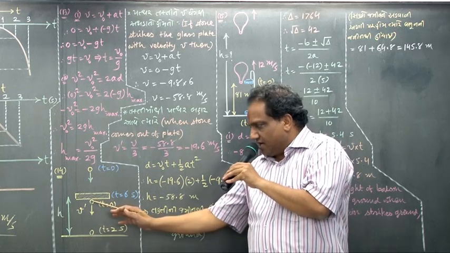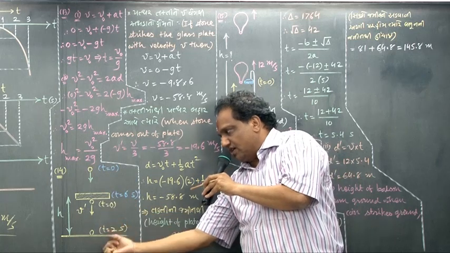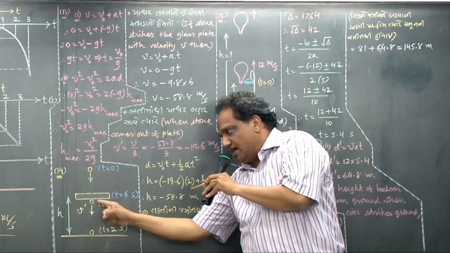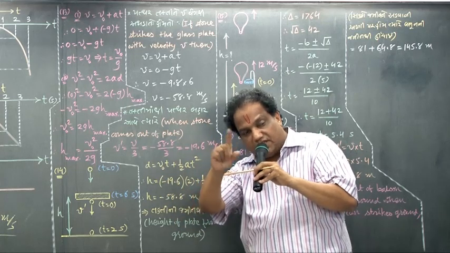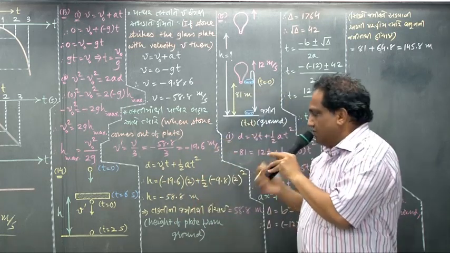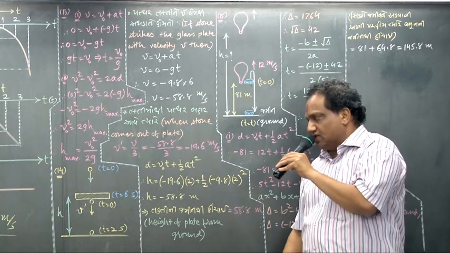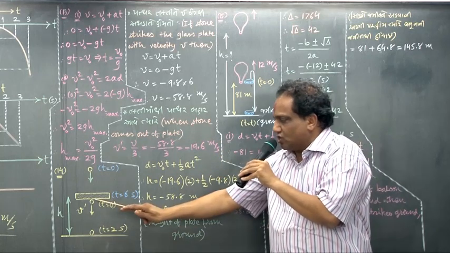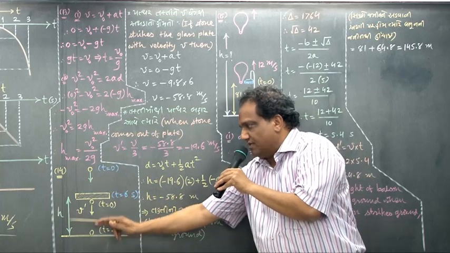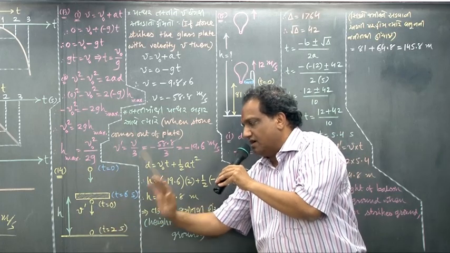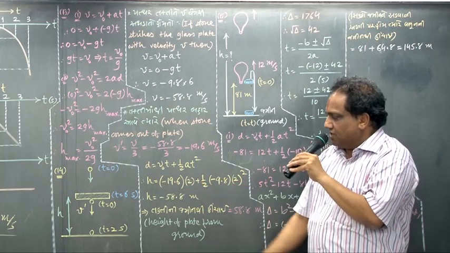Now when it comes out of the glass plate, what is the only force acting on it? Gravitational force. So again it is free fall, during which acceleration is minus g. Now tell me, d equals V0t plus 1 by 2 AT square. Now distance traveled by the stone from here to ground will give you height of the glass plate from the ground surface. Let us find out. So d I am just replacing by H.